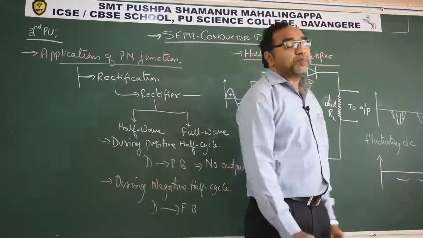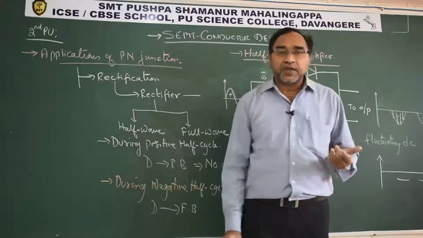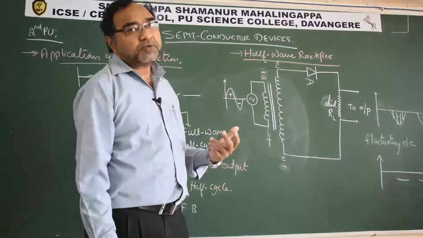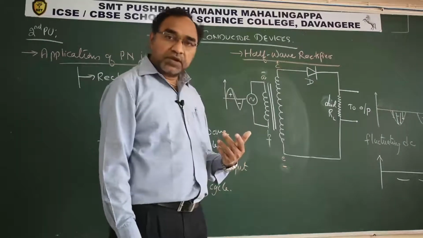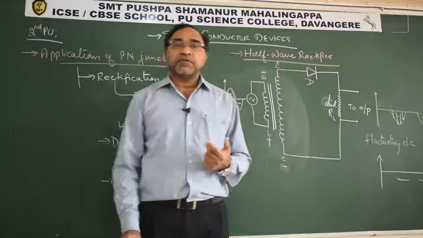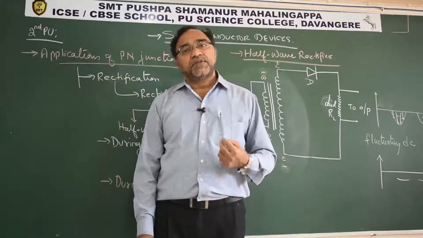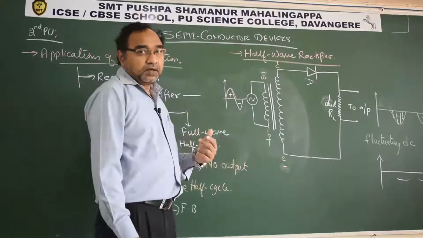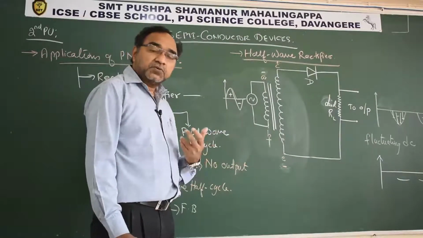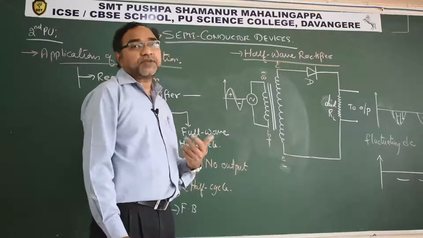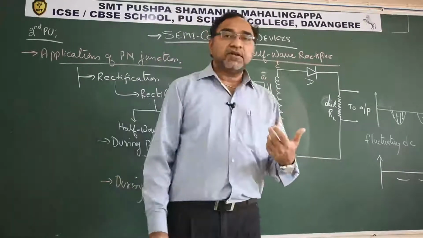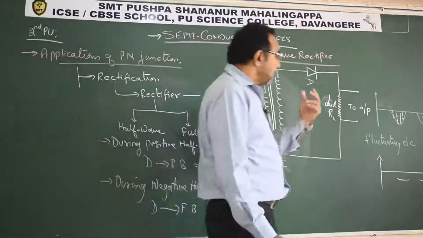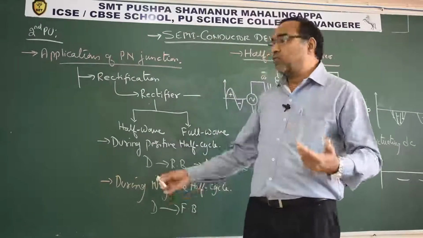fairly steady DC. See, almost a straight line, steady DC. That is exactly the output of a filter circuit. Now, what is important is, here half of the energy present in the half lobe is lost. So the efficiency can be said to be 50% only. What can we say about the efficiency? Efficiency is only 50%. That is why half wave rectifiers are not practically used. But this only laid the foundation to study the rectification process. That is why we are studying this. Otherwise we would have gone directly to full wave. If we are not able to make out how to rectify, how do we go for the direct thing, right?